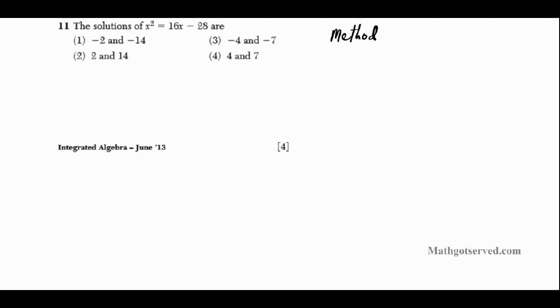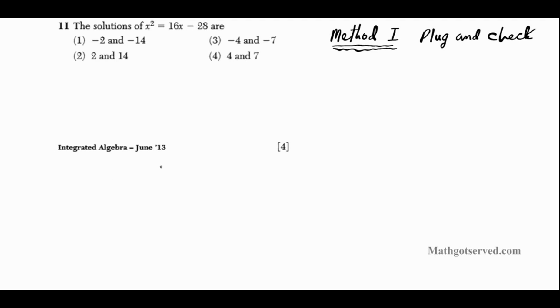Method one. Method one, we're going to just plug and check. Some people call it plug and chug. So we're going to plug and check. If you have a calculator, this could be really handy. You can just plug it into your calculator and compute the expressions real quickly. Okay. So first option we're going to test